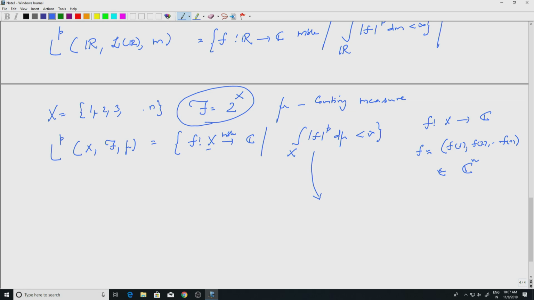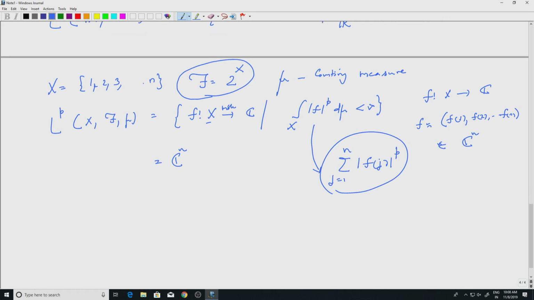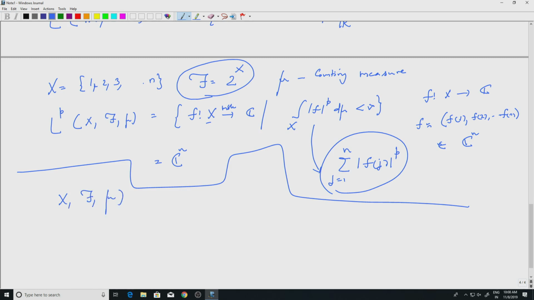And what is this quantity? Well, you have counting measure, right. So this becomes a summation, we have seen that. So this is simply the sum of mod fj to the p, j equal to 1 to n, right. And this has to be finite, of course this is a finite number because everything is complex valued. So this is simply Cn with this condition, right. So this condition gives us what is known as a norm. So let's define that. So maybe I should have done this before I went to examples. But let's look at this. So I have a space X, I have a sigma algebra and I have a mu, okay, measure space. This is general, okay. We are not looking at the example now.